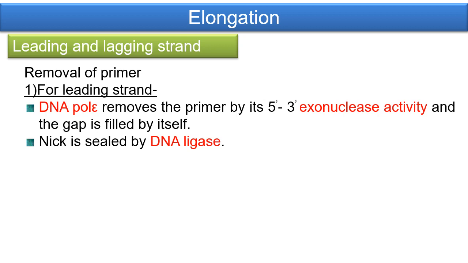After the replication of new DNA strands, the primers must be removed from both the strands, as there is no need of RNA stretch in DNA, and to complete the process of replication. There are generally 2 pathways for removal of primers. For leading strand, the DNA polymerase epsilon removes the primer by its 5 to 3 prime exonuclease activity. That is, DNA polymerase epsilon can clip bases from 5 to 3 prime direction if necessary. The gap thus created is filled up again by DNA polymerase epsilon by adding dNTPs. Now, after the gap is filled up, the nick is sealed or joined by an enzyme called DNA ligase, thereby completing the synthesis of new DNA strand in the leading strand.